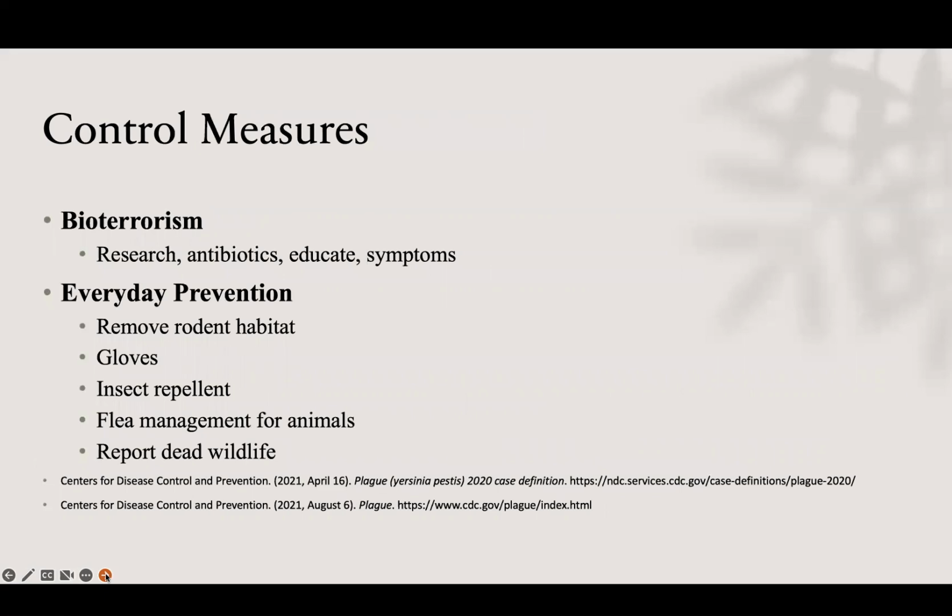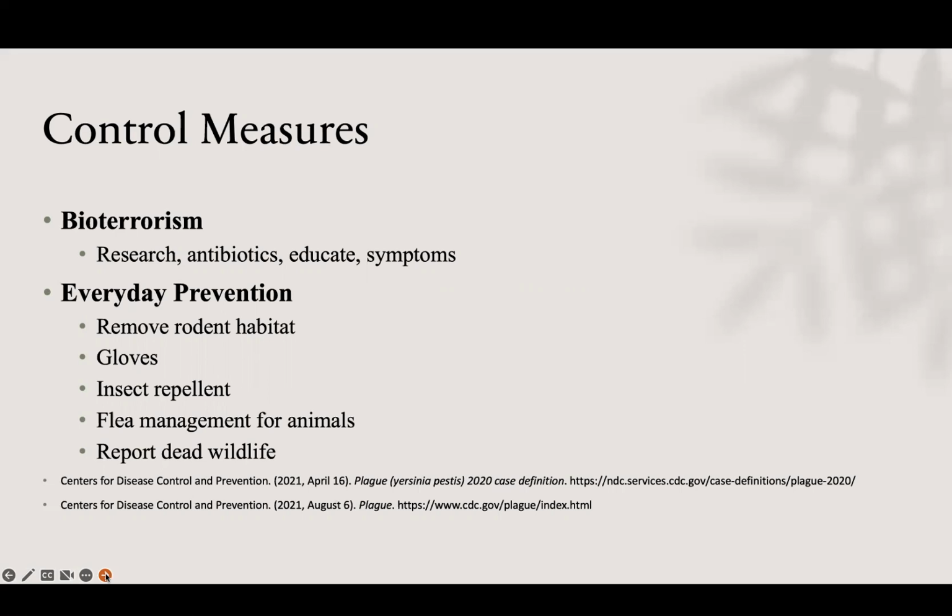The first control measure is to prevent bioterrorism. It was noted that with the high virulence of plague, it has the capability of being weaponized for terroristic attacks, which was also noted to have previously happened. To prevent this, research into plague treatment and the use of antibiotics are two of the main ways to control this. Education and identification of plague for health departments and clinicians also plays a vital role in preventing a bioterroristic